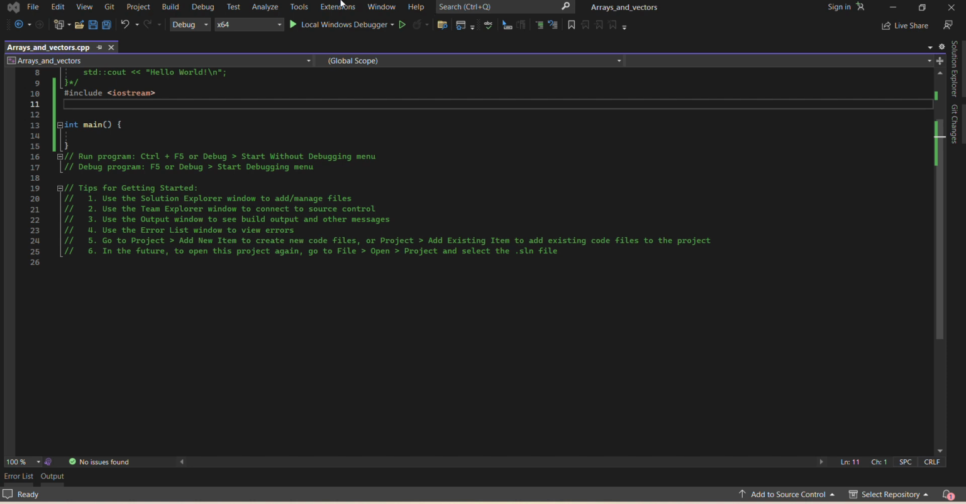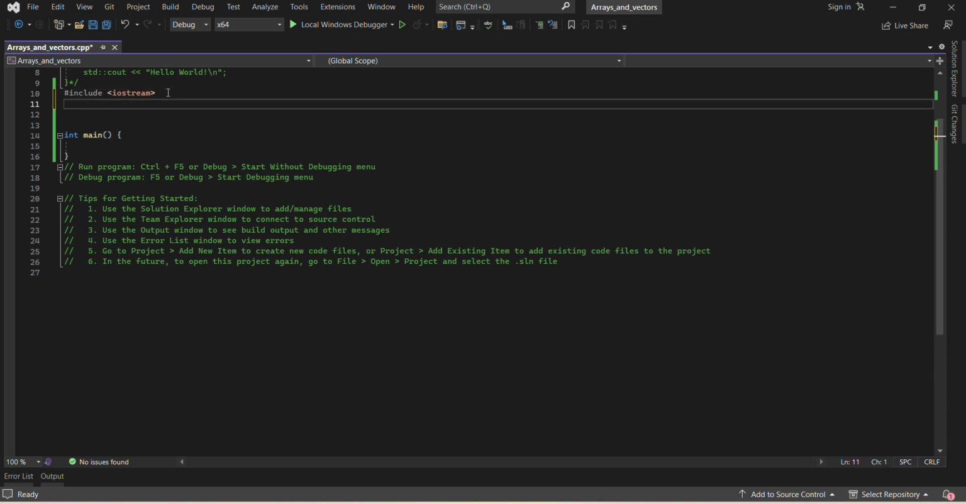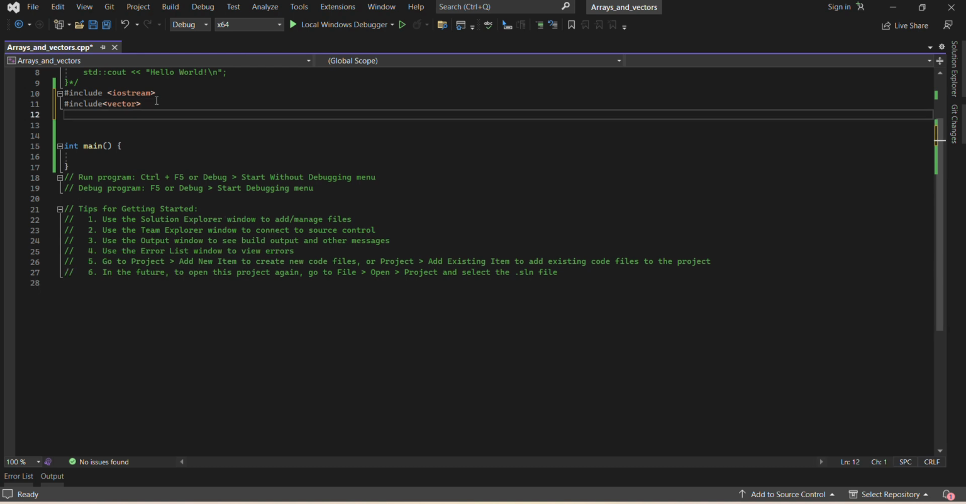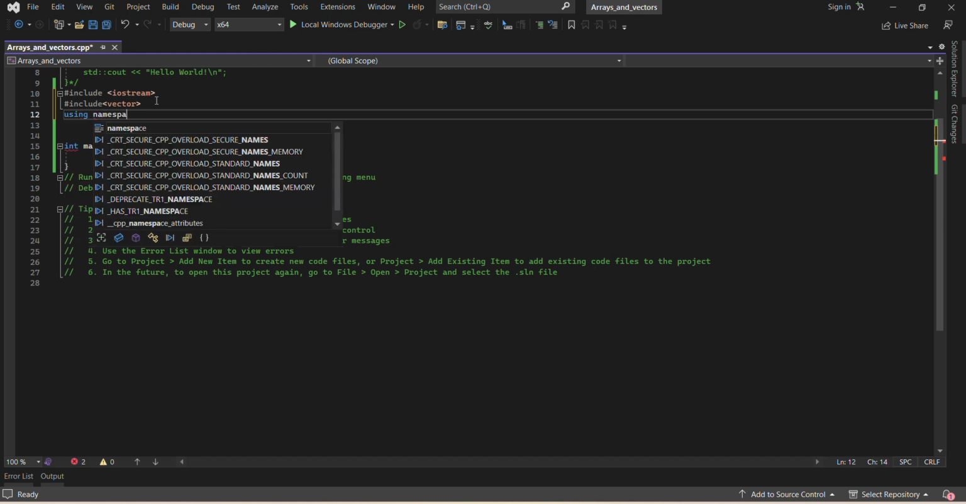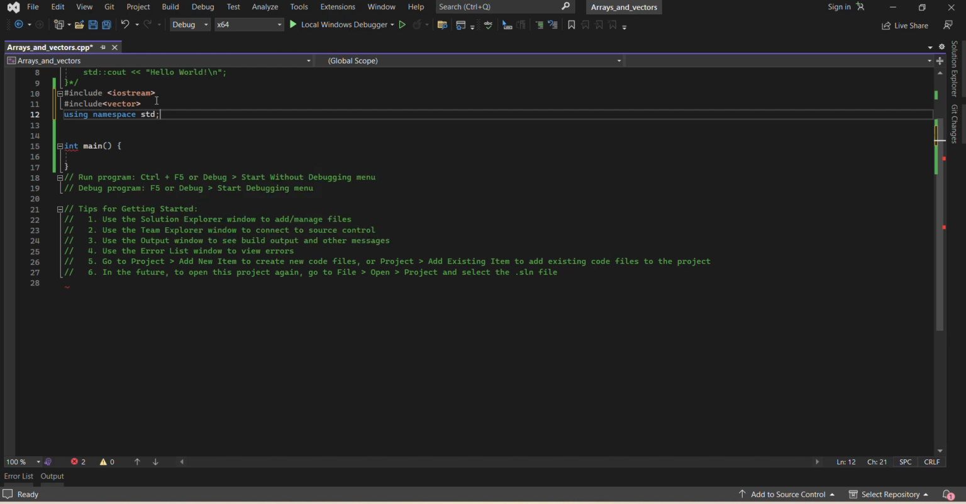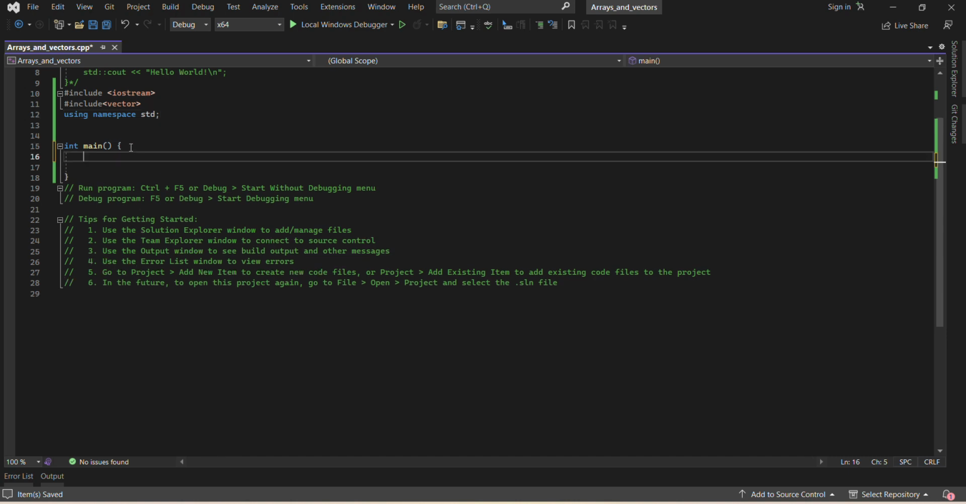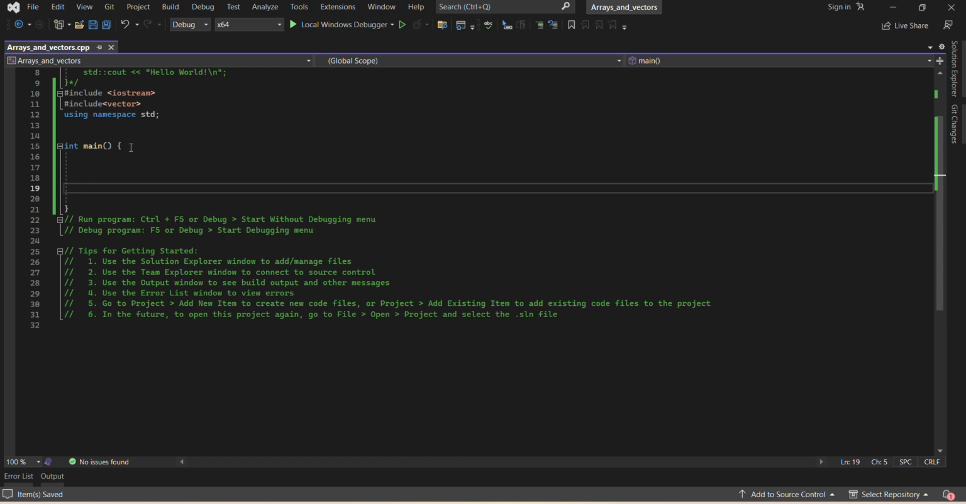So I have already included the header file iostream. Next, as I'm dealing with the STL container vector, I need this header, vector. Okay, sorry, the hashtag. Okay, then as usual, using namespace std. Then within the main function I